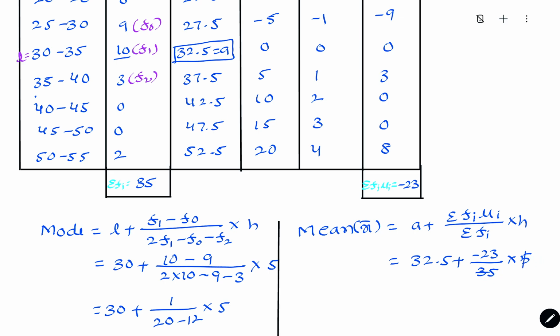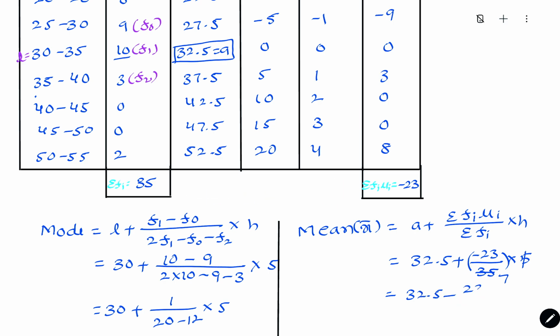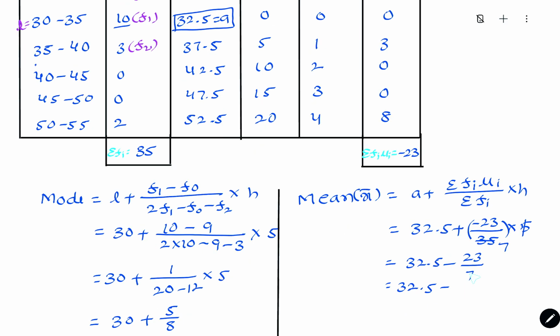Now cancel: 5 ones are 5, 5 sevens are 35. Here 32.5 plus into minus, minus 23 by 7. Here 32.5 minus, if we divide 23 by 7 we will get 3.28. Now subtract 32.5 minus 3.28,